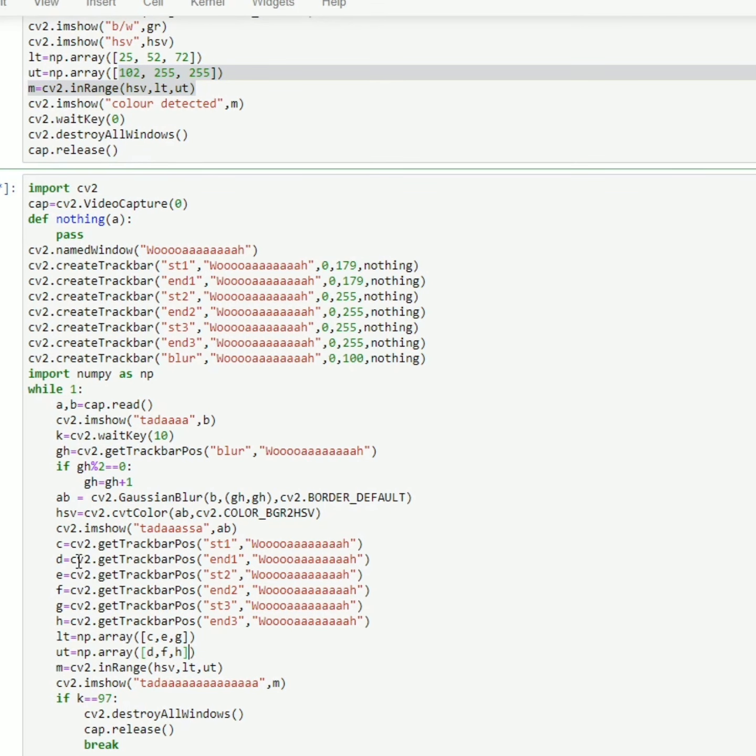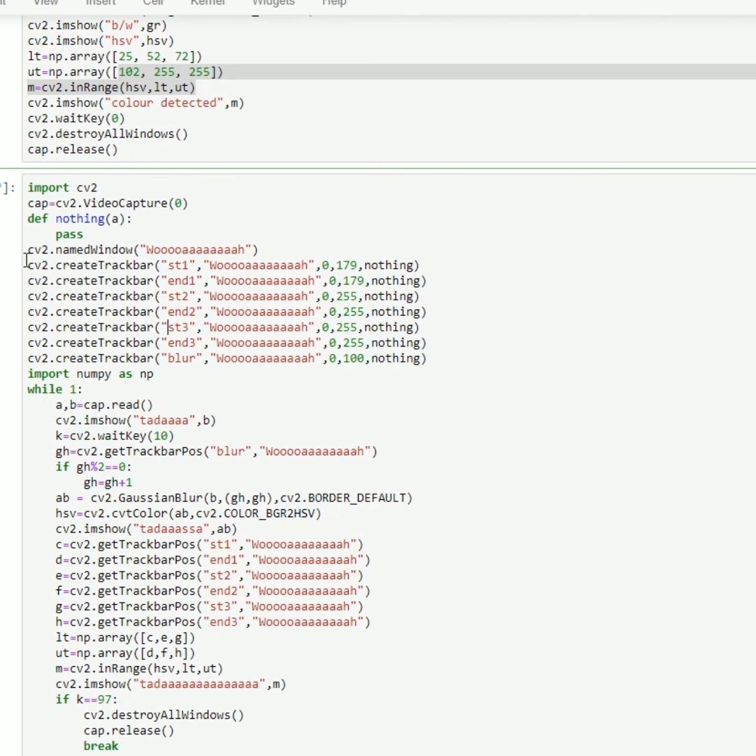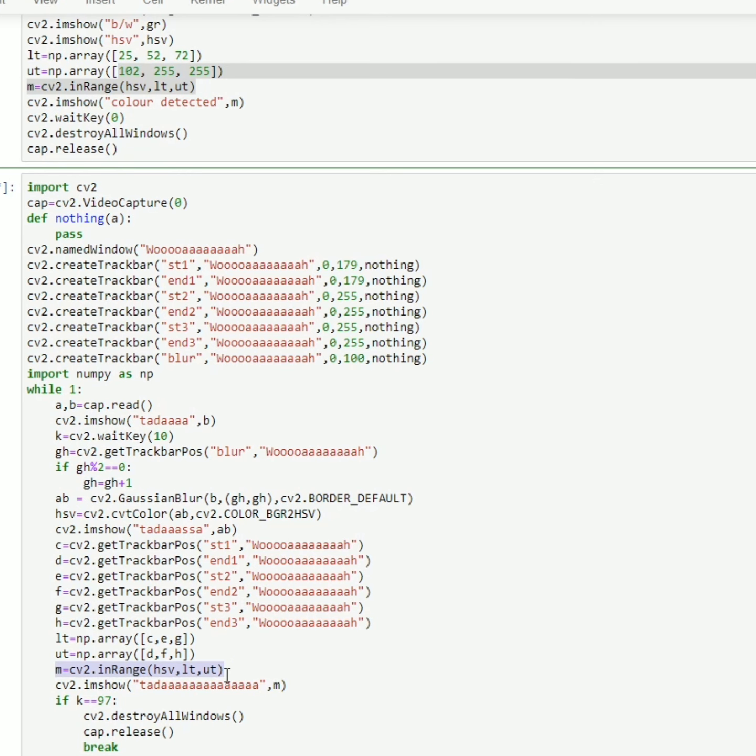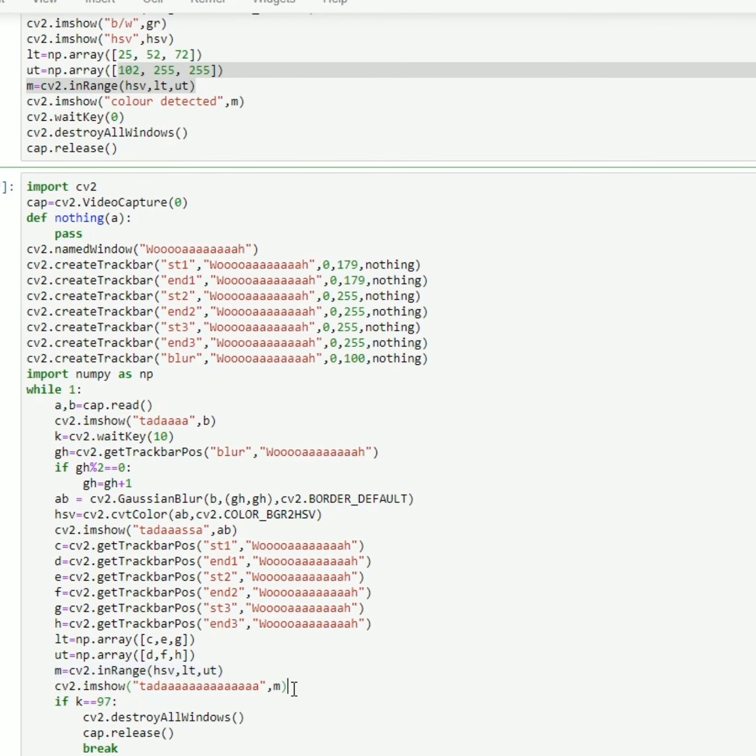What are these variables? These variables contain the data which they receive from this particular trackbar, end1, start1 and end2, which we created over here. Look at the code once, run it yourself, you will understand it better. Now, yum equals cv2.inRange. In the HSV format, if the value of a pixel is between this lower threshold and upper threshold, then yum will have only those particular pixels. Then I am displaying yum. If I press A, then as usual, the window will get destroyed.